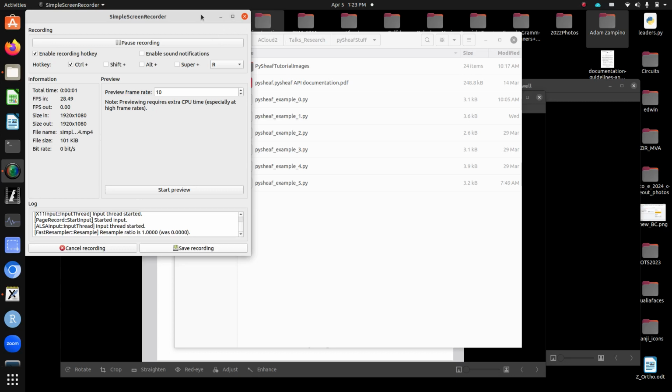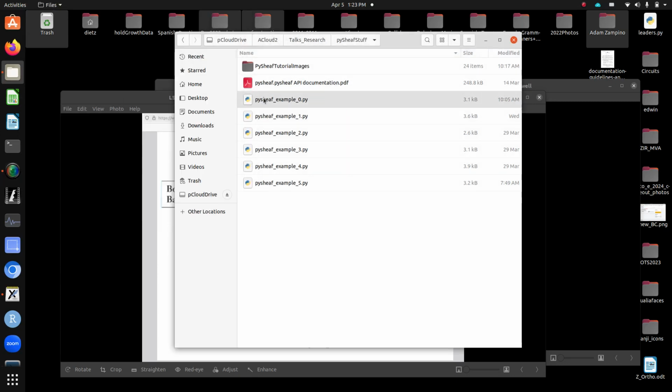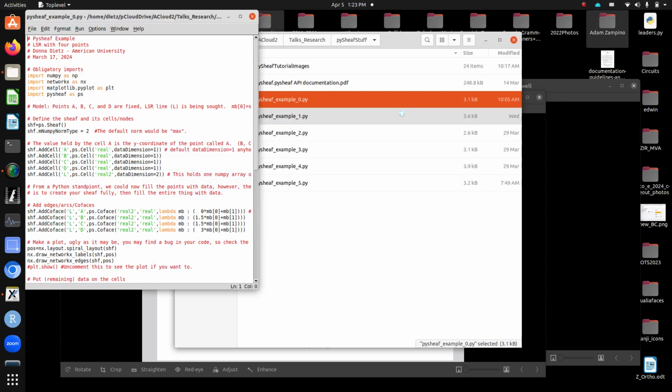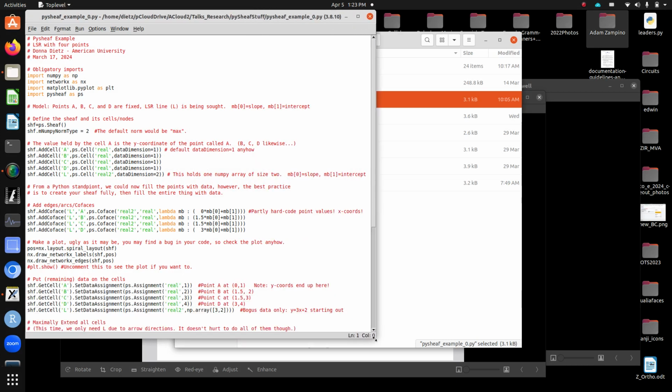Right, so welcome to this recording about the first example of pysheaf. I'm going to open it with IDLE. Sometimes you have to open IDLE in order to open the file. On some systems, like mine, you can just right click and open with IDLE, or whatever environment you're